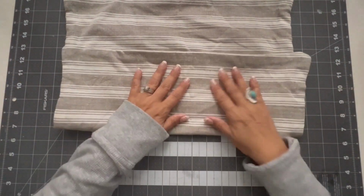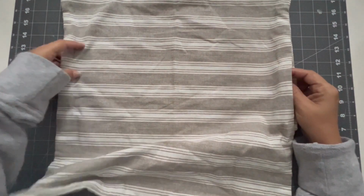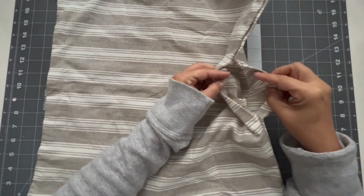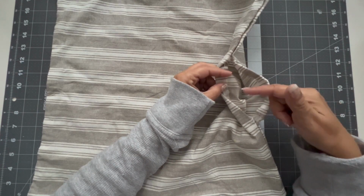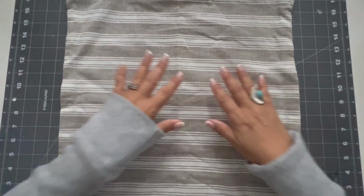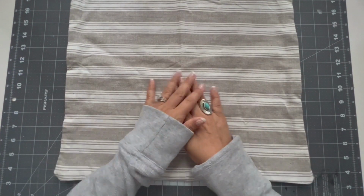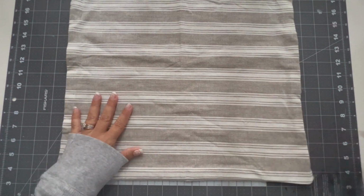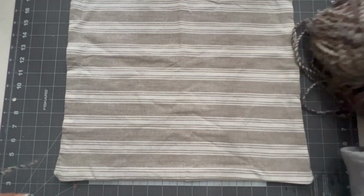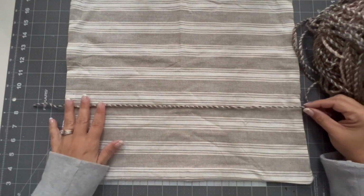What I did is, this fabric, these are napkins that I bought at Marshall's, and I sew them together, and I left an opening because then I'm going to insert the stuffing for the pillow. And now what I'm going to do is embellish the stripes, because for me this looks too simple. What I'm going to do is, I have here this yarn, and I'm going to cut 5 strips of